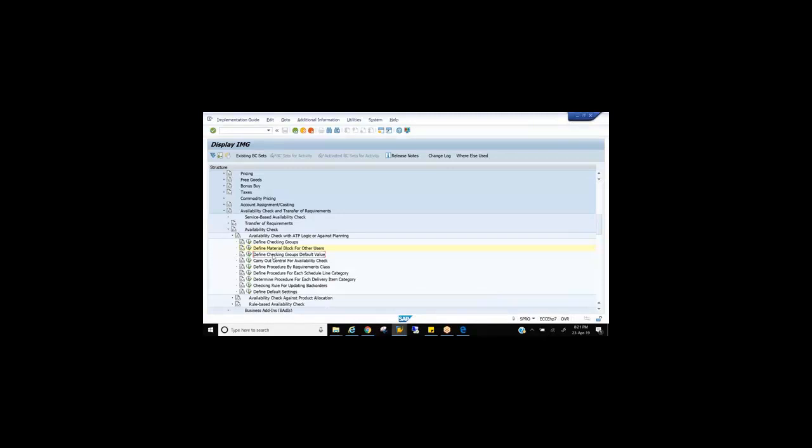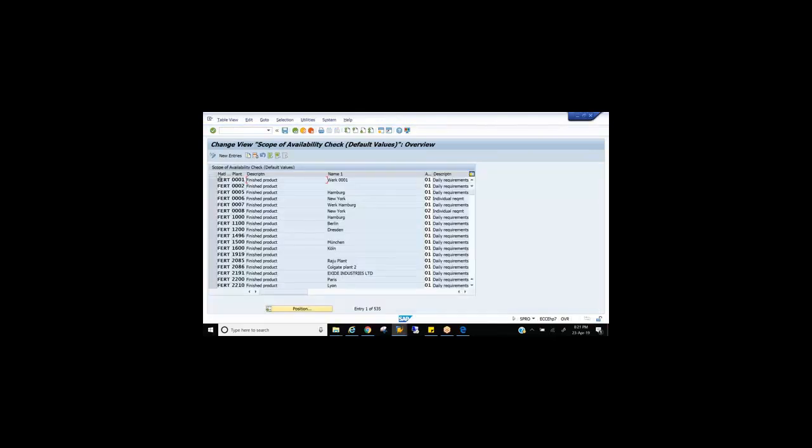That is, here you are telling the system that if my material type is finished goods, FERT, and this is the plant, I want it to be 01 all the time or 02 all the time. So you mention here the material type finished goods and your plant, and you are telling the system I want 01 all the time. That's the reason whenever you create a material master, by default in the checking group field, the system shows 01. Why is the system showing that? Because here you mentioned your plant and material type combination.